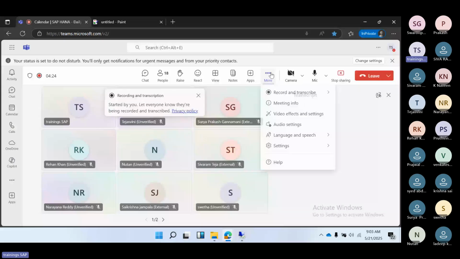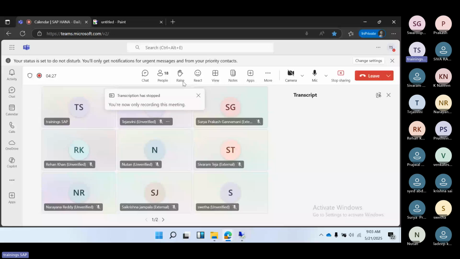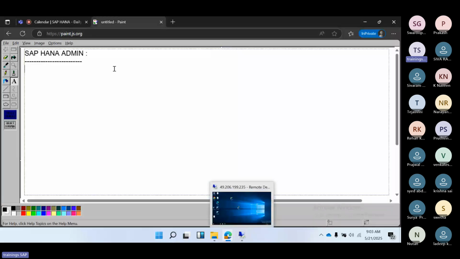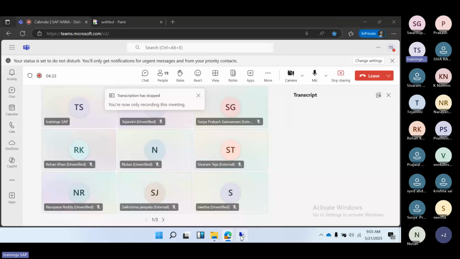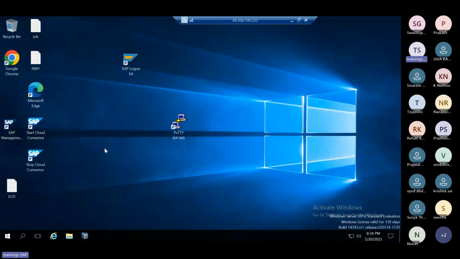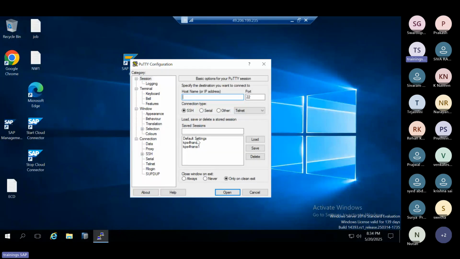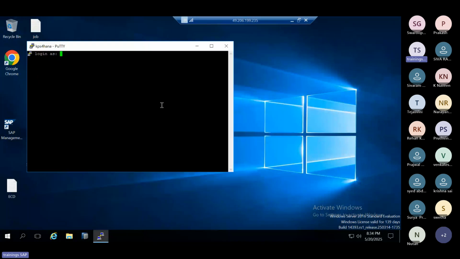So yesterday we have done the HANA installation. We have completed it using the HDB LCM tools, GUI level, command prompt level, any mode you can use. We can do the HANA installation here, right? So once the HANA installation is completed,